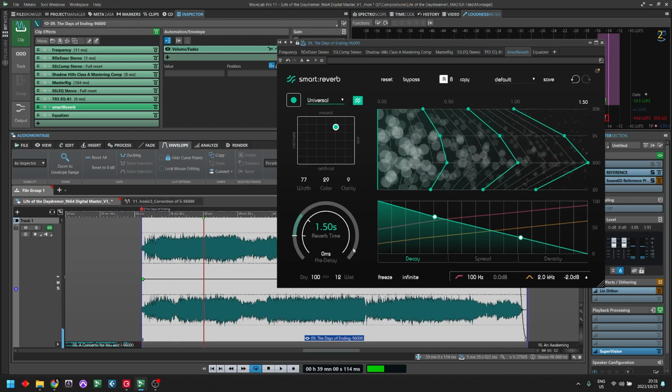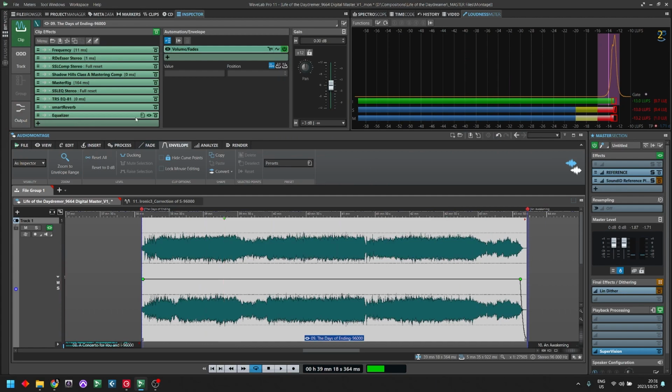10%, 15%, maybe even less. In this case, I think 12 is sitting nicely. And then my basic master is practically here. All I want to do at this point is put on my first stage of limiting. Now, I've been paying attention to that the whole time, and remember we normalized this to